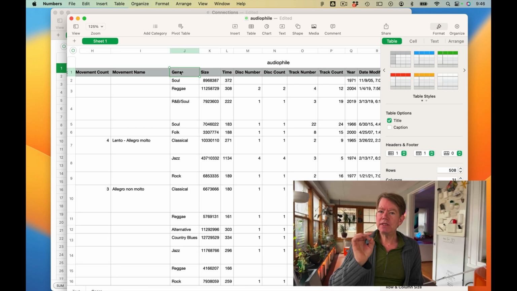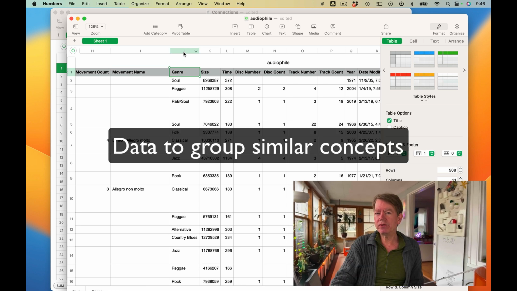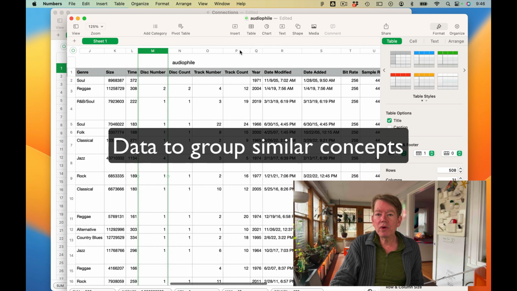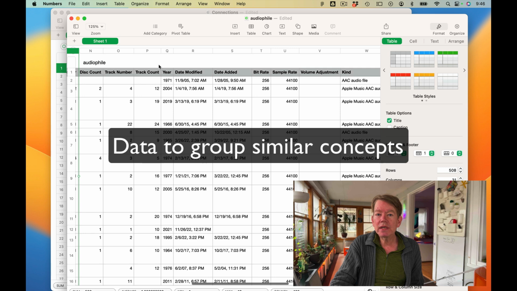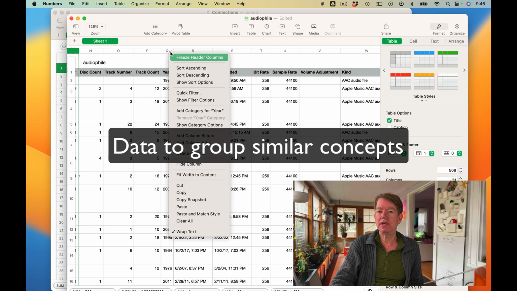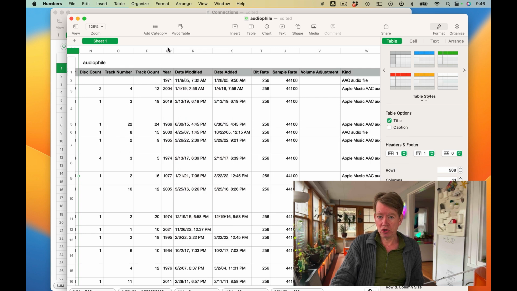Genres. This is probably the most important field so far. So we'll come back to it in a second. These sort of data, sizes, timings, sure, these are great. Data, discount, track numbers. Any numeric information is good, yet